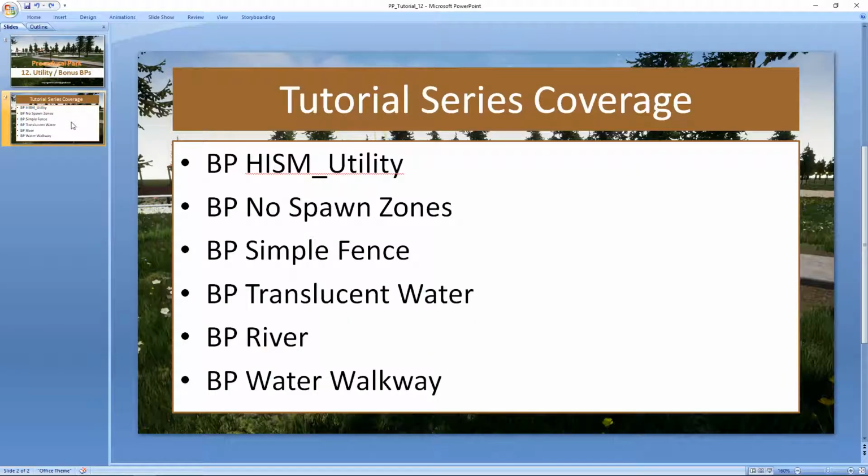Specifically, a blueprint called HISM utility. HISM stands for Hierarchical Instance Static Mesh. Several no spawn zone blueprints that allow you to basically prevent foliage from spawning in a certain area. A simple fence blueprint, a translucent water that allows you to create a lake, a river blueprint, and eventually a